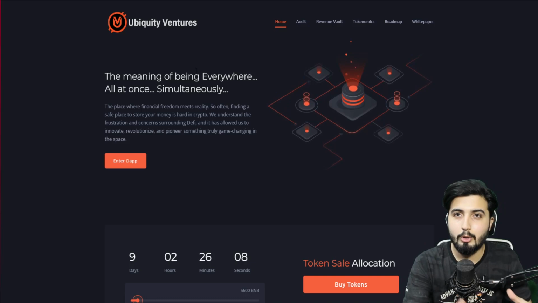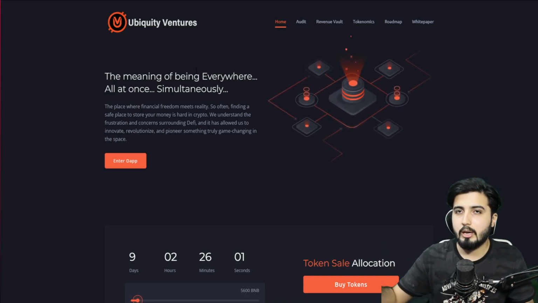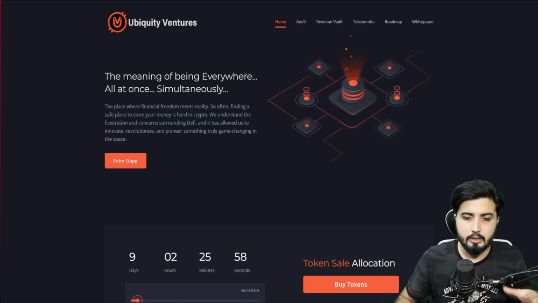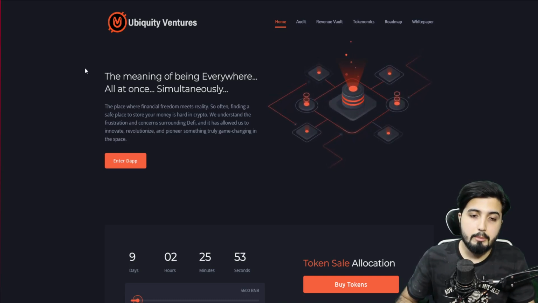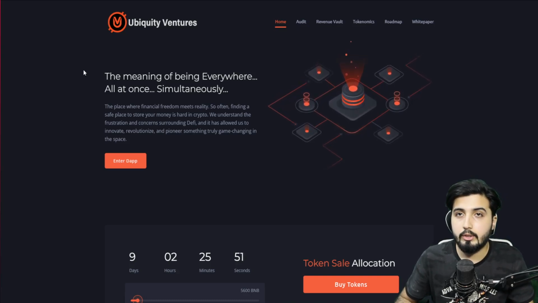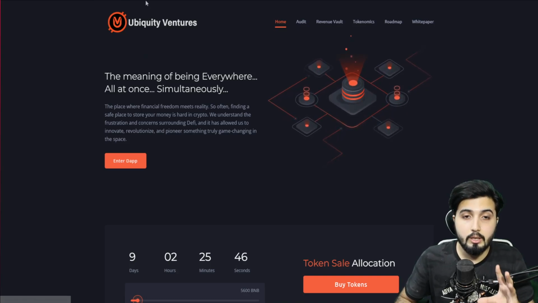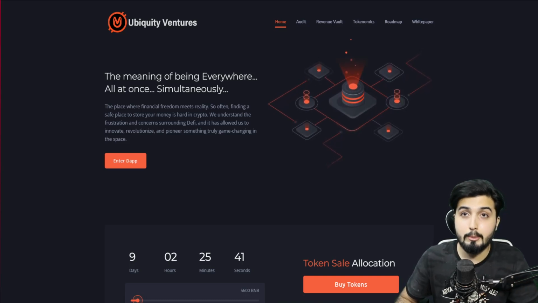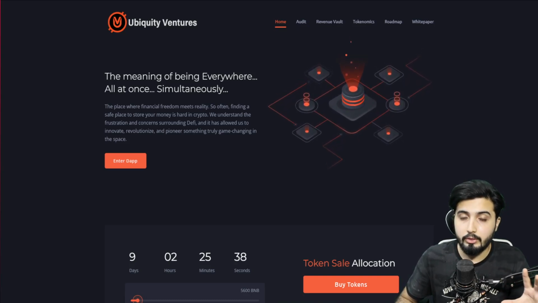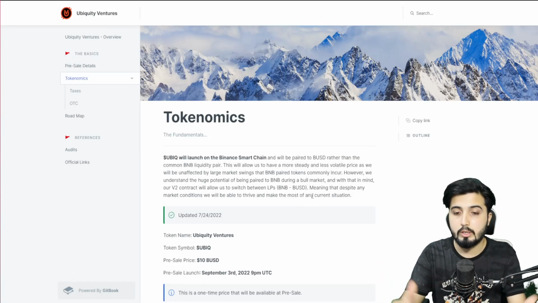When the market is not performing as well, it is being volatile. The price of the BNB fluctuates a lot, and right now it's not at its highest or even better. It's just mediocre in a sense. So the volatility of the BNB really has a huge impact on the token paired with it. So instead of pairing it with BNB, they actually paired it with BUSD, which is a stable coin. The price of it is stable. This brings stability into this whole project itself, into the token itself.